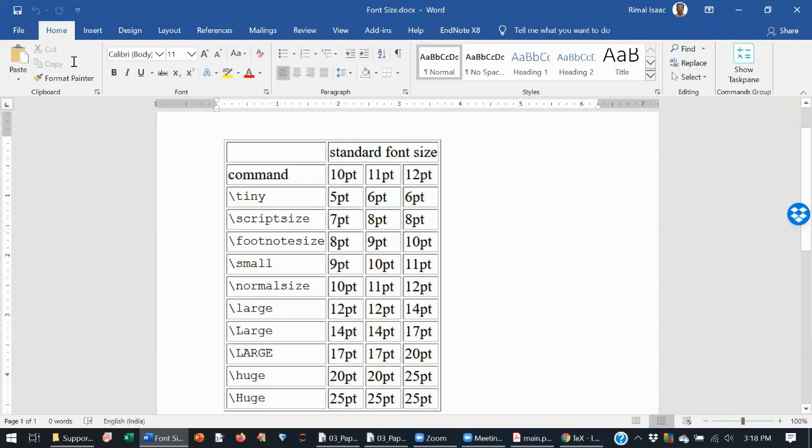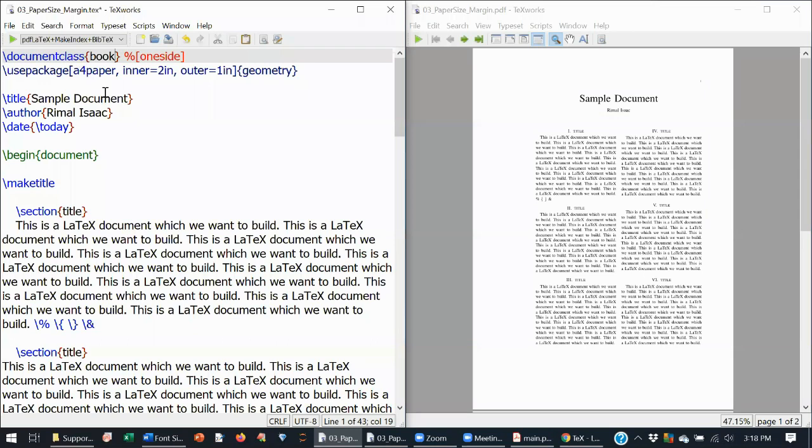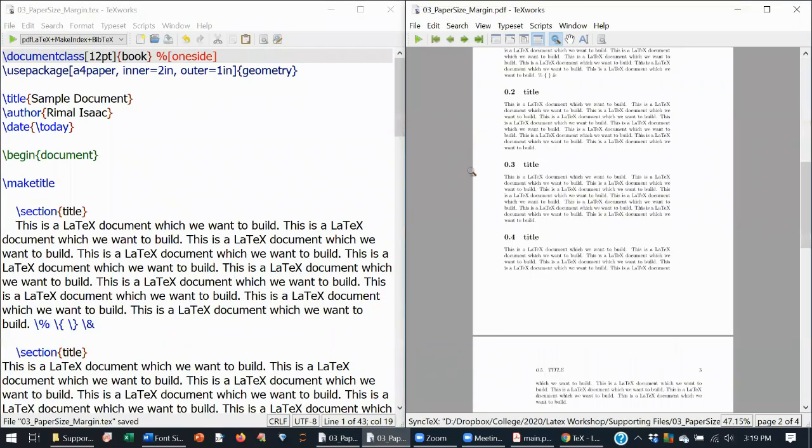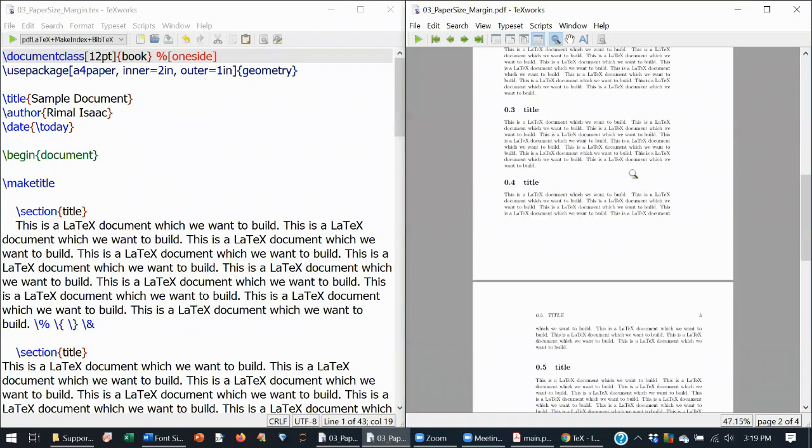The default is 10 point, so if you want to change it to 12 point, you put square brackets, give 12pt, and compile. The document will be changed into 12 point.